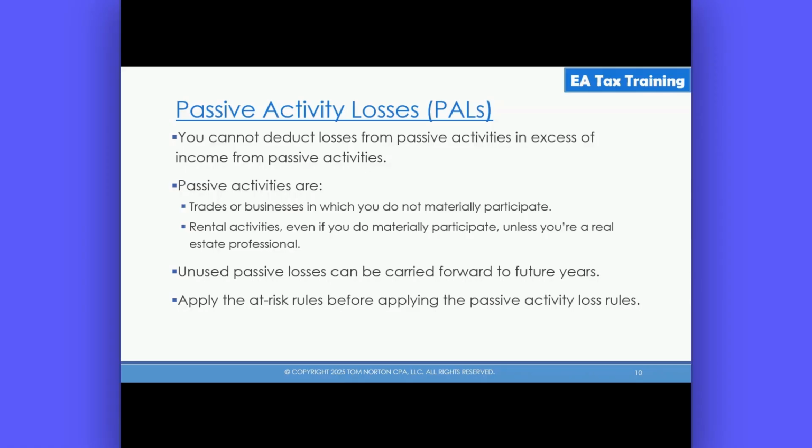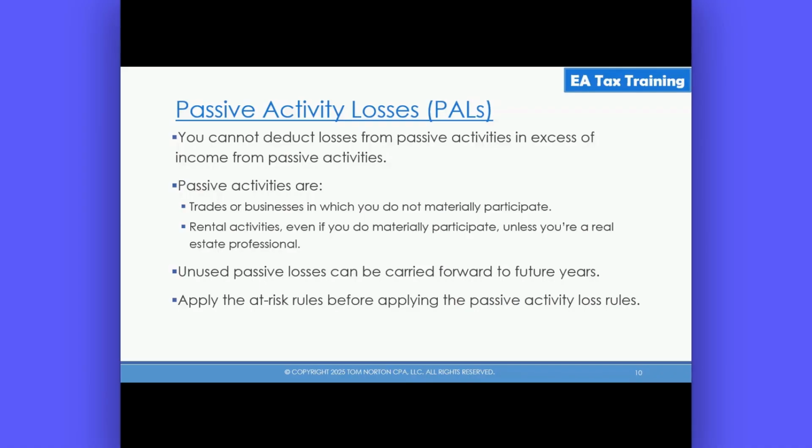Any unused passive losses can be carried forward to future years. Now, they can only be used again to offset income from passive activities. So, passive activity losses, no matter when they were generated, can only be used to offset income from other passive activities, but you can carry them forward. And you have to apply the at-risk rules before applying the passive activity loss rules. So if you don't have amounts at risk, then you can just stop right there. You don't even have to worry about whether or not you materially participate because you can't take any loss from